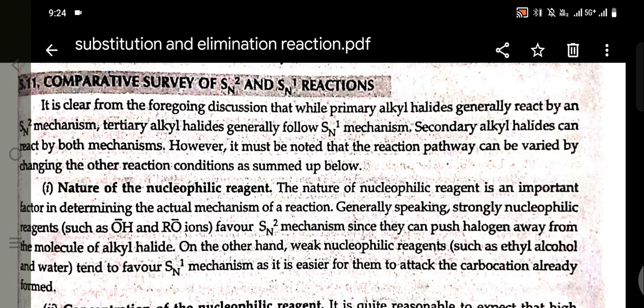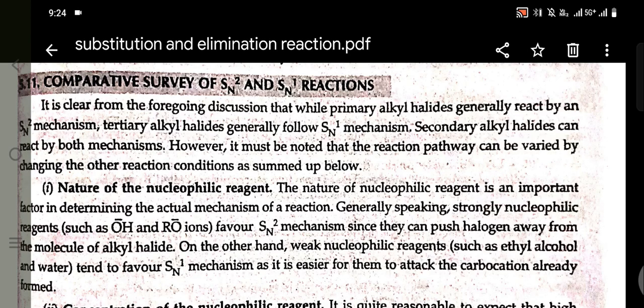Comparative survey of SN2 and SN1 reactions. It is clear from the following discussion that while primary alkyl halides generally react by an SN2 mechanism, tertiary alkyl halides generally follow the SN1 reaction mechanism. Secondary alkyl halides can react by both mechanisms. However, it must be noted that the reaction pathway can be varied by changing the other reaction conditions, as